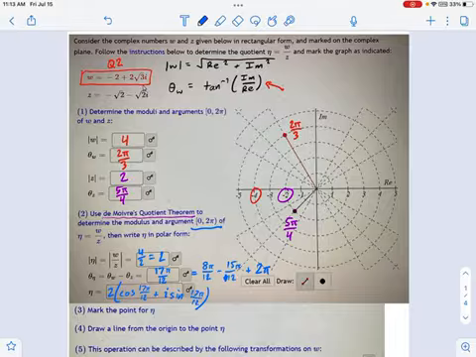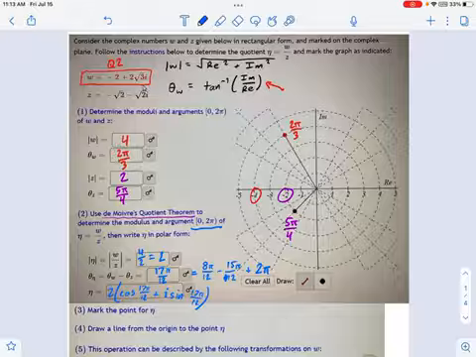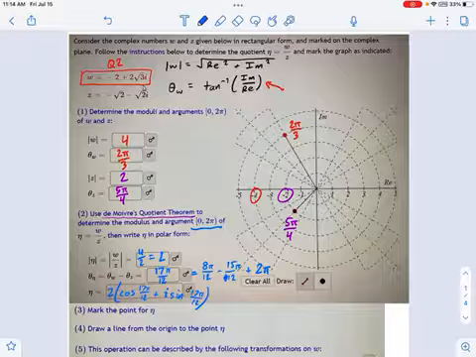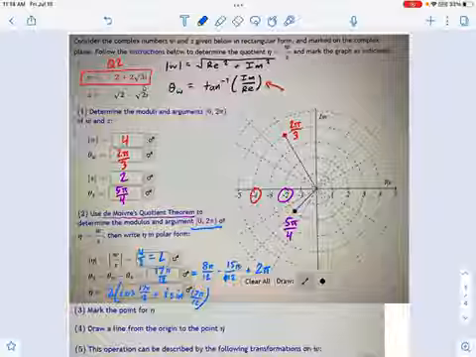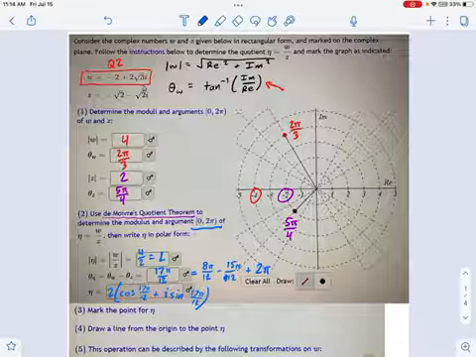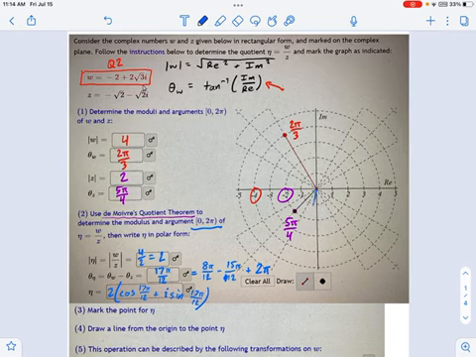Now, in terms of marking this on the graph, the only tricky part is that it's not really obvious to me where 17 pi over 12 is. That's not one of those angles I just happen to remember. But if you convert it into degrees, what you would get is 255 degrees or something like that. Anyway, it's going to be right around here. This is where 17 pi over 12 is. And remember, the modulus of this thing is 2. So there we go.